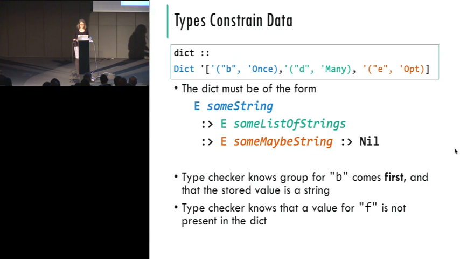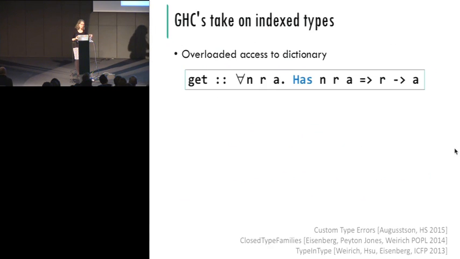Right, so the get function, here I'm actually taking advantage of something that is part of the Haskell ecosystem. There's a lot of different implementations of flexible records in Haskell. And what I've done is I've essentially implemented yet another implementation of records in Haskell. But many of those, you can access those flexible records with this very general overloaded function that says that if a particular record R has a name in of type A,